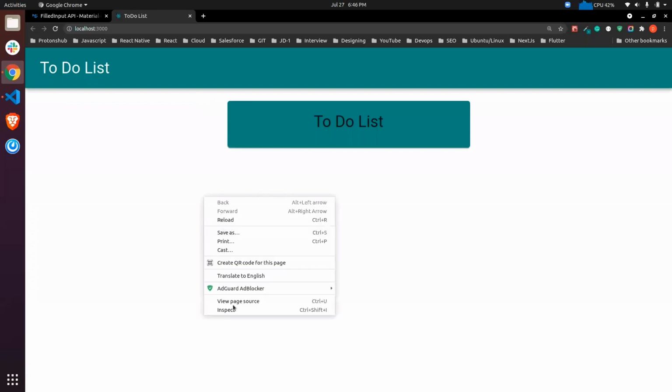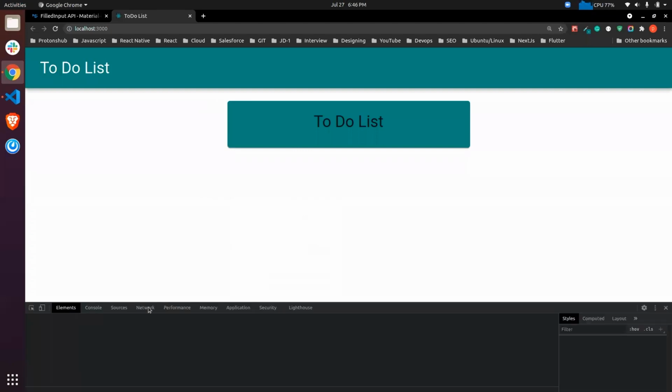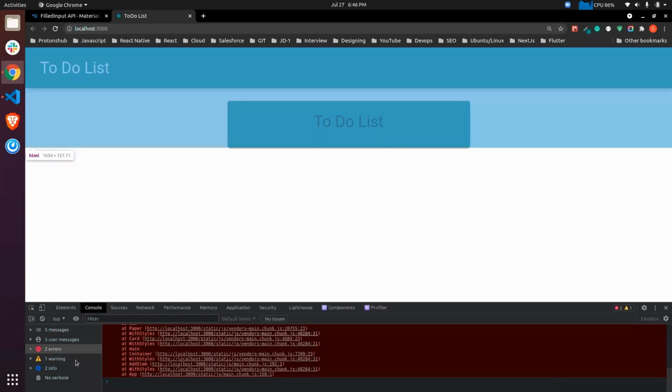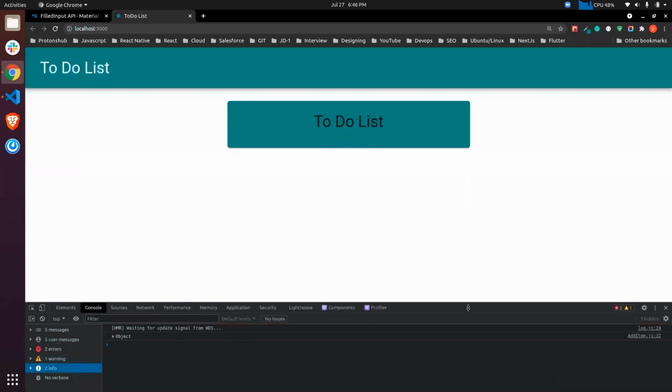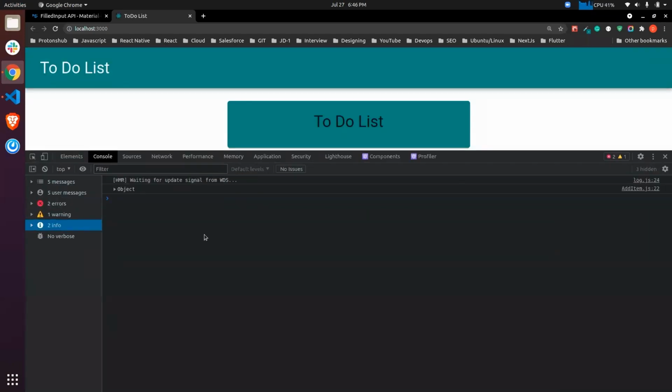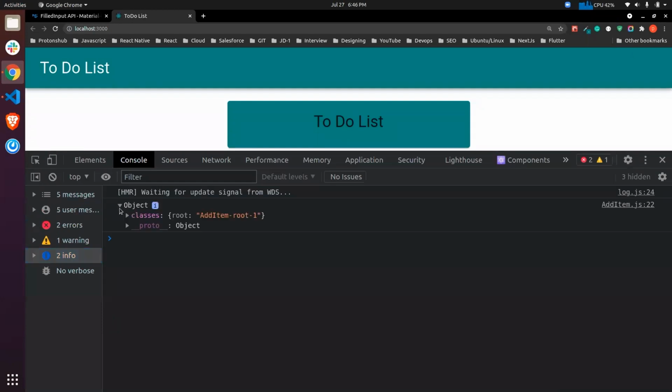Yeah, so if I inspect and check the console, here I got an object, and here I got classes, and inside that classes I am getting a root, and it has created a class for me which will get applied if I add this root somewhere in my JSX.